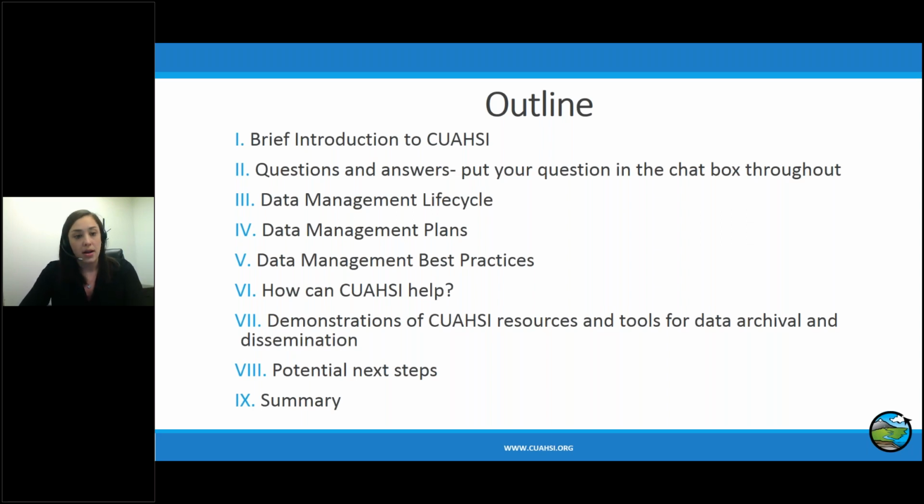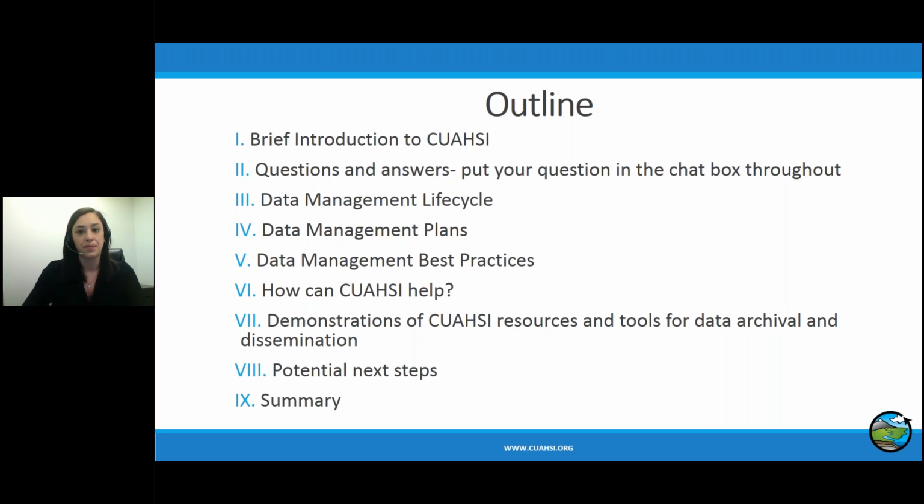And then towards the end, I'll do several demonstrations of Quazi resources and tools to actually support data archival and dissemination. Then we'll wrap up with some potential next steps for how you can get involved after this webinar in terms of using our services and tools for archival and dissemination. And then I'll give you a nice summary and we can do questions after that as well.